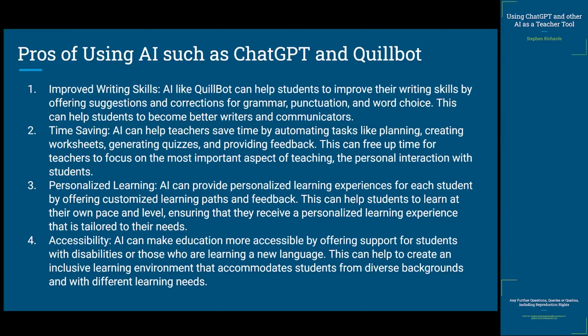And also accessibility. This sort of thing does allow education to become more accessible by offering support for students potentially with disabilities or those who are learning a new language. This can help to create an inclusive learning environment that accommodates students from diverse backgrounds and with different learning needs. It also does help those teachers who are potentially starting on a new topic who may not have a full breadth of knowledge. Rather than missing out on certain things they're not aware of, they can ask ChatGPT for help in order to plan, and that can then go into their working, into their planning, and then into their teaching at